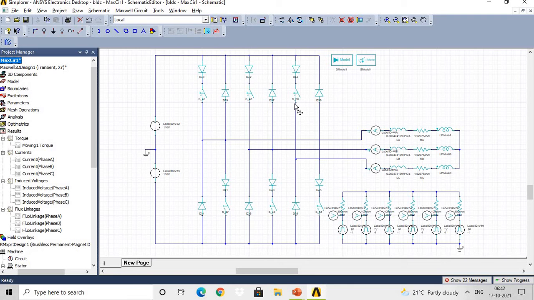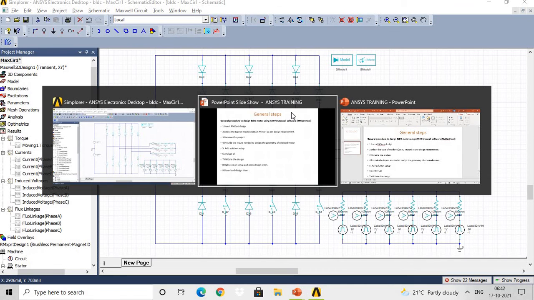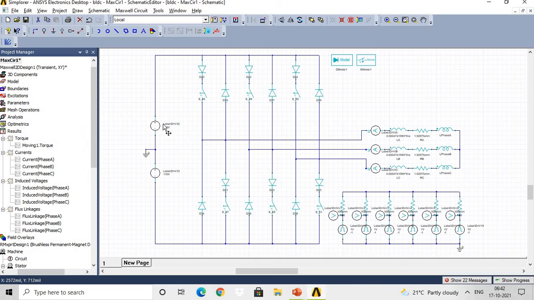Here the total 220 volt supply is given through the converter circuit, and it is given to the 3 windings of the motor. So by default this circuit is available, but if anyone wants to design their own converter and controller circuit, then they can make the design through the Simplorer circuit of this motor.